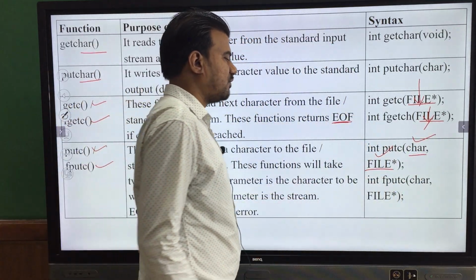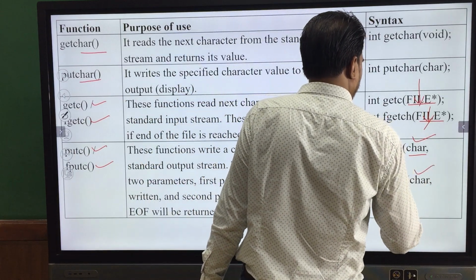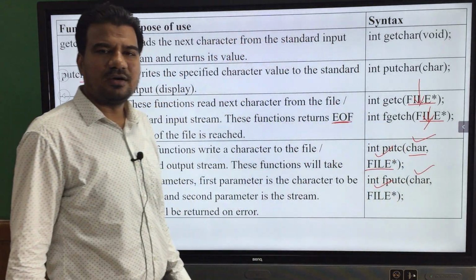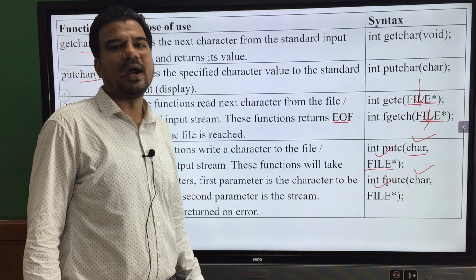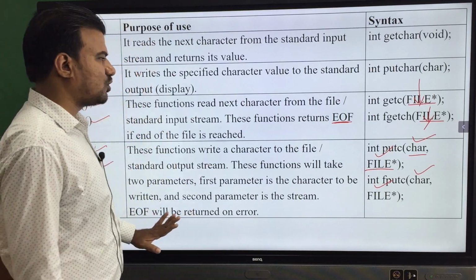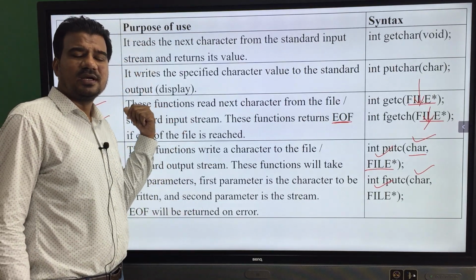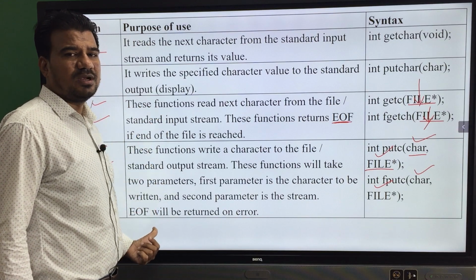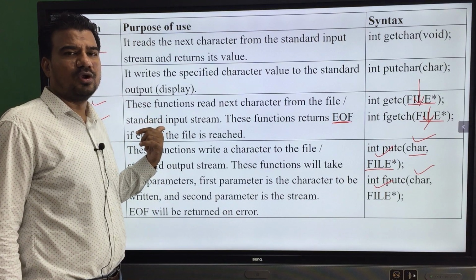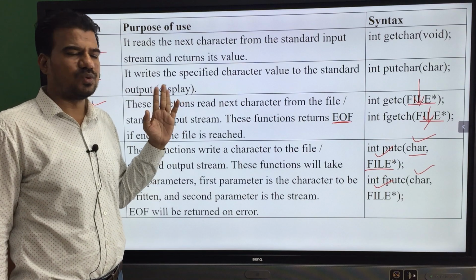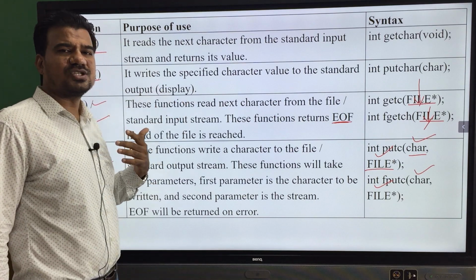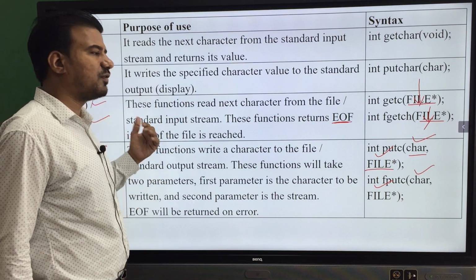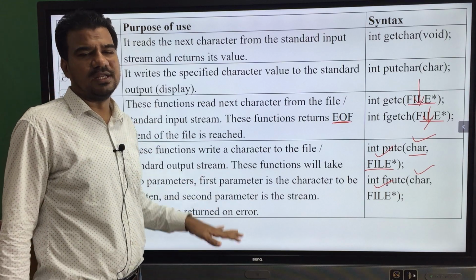Here also, with the fputc function, the character you are providing will be written to the file stream. These character-only functions have two categories, terminal only and any stream. Terminal only functions are helpful in reading and writing from the terminals only, and any stream functions are helpful in reading and writing from or to any stream.